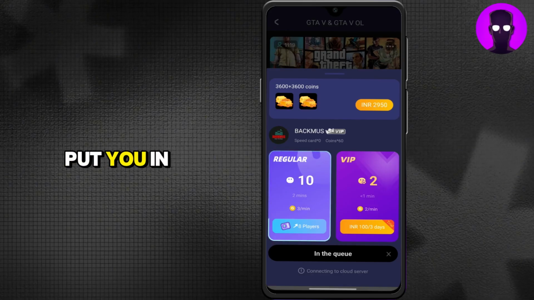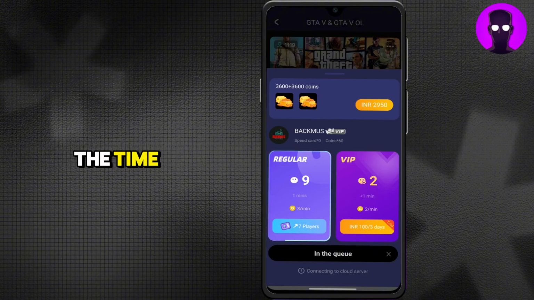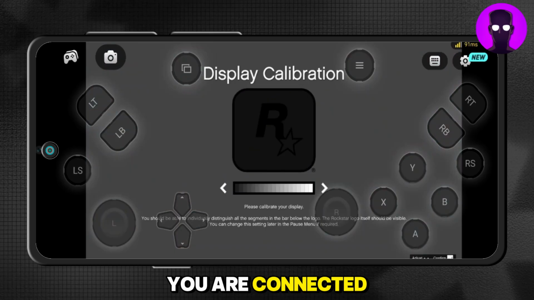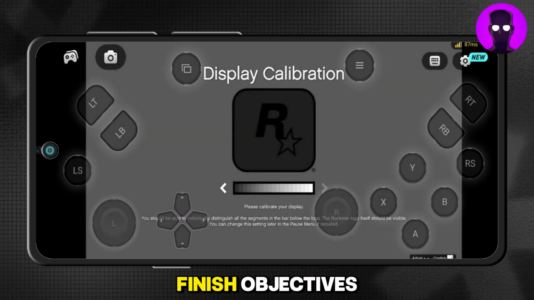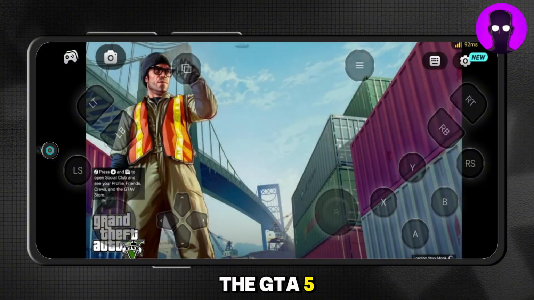The system may put you in a line, but stay calm. Just wait briefly for your slot. It is worth the time. When your slot opens, hit enter, and wow, you are connected. You can now roam Los Santos, finish objectives, or just enjoy causing havoc in the GTA 5 map, all through